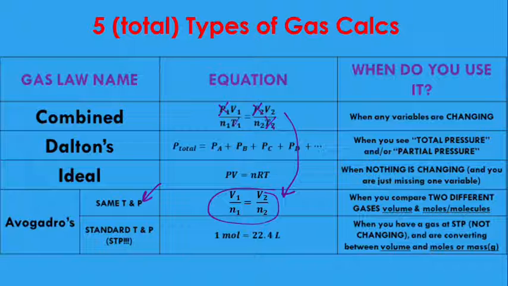Remember in the combined gas law how we can leave out anything that's not changing. This is really just a special situation of that combined gas law here. So it's not something completely new and different. You will see a change happening here, and I will honestly accept if you say that this is a combined gas law problem when it's an Avogadro's problem, because it really is the same principle, just applied to a slightly